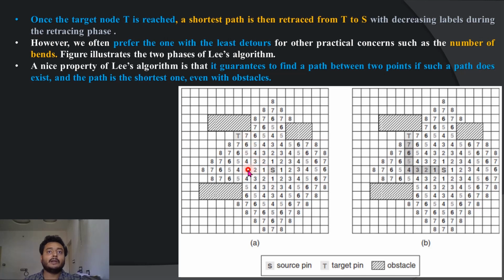Similarly 1 2 3 4 5 6 7 to reach T. From S to T I can go like this. So you can find the numbers here. Okay, so they try to find out this particular concept. So yes, from S 1 2 3 4 5 6 7. So this is also possible.